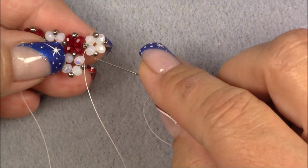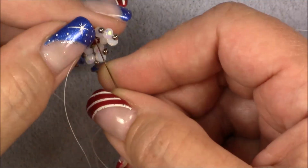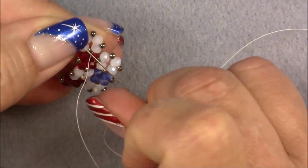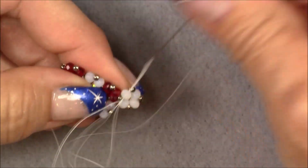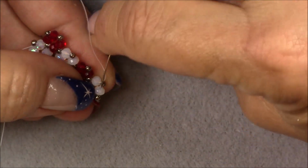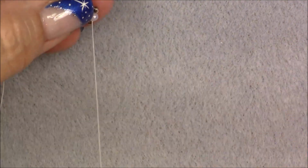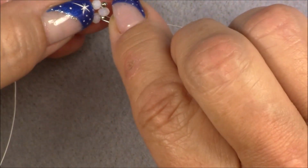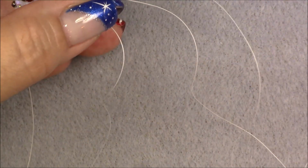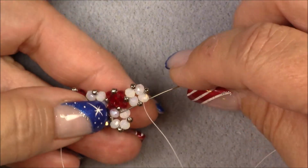Now I'm going to sew all the way around to this 11-0 so that I can make my next unit, and I'm going to avoid the 11-0s as I sew through. So I'm just going to bypass that 11-0, go into the next crystal. And then bypass the 11-0, go into the next crystal, then I'll just bypass this 11-0, go into the next crystal. Now if they're really tight, sometimes they'll lay in there really tight. You can sew through the 11-0s, but it just pulls the unit together nicer if you don't. Then we're going to go through this 11-0 because it is our connecting 11-0. So we're going to go through this one,